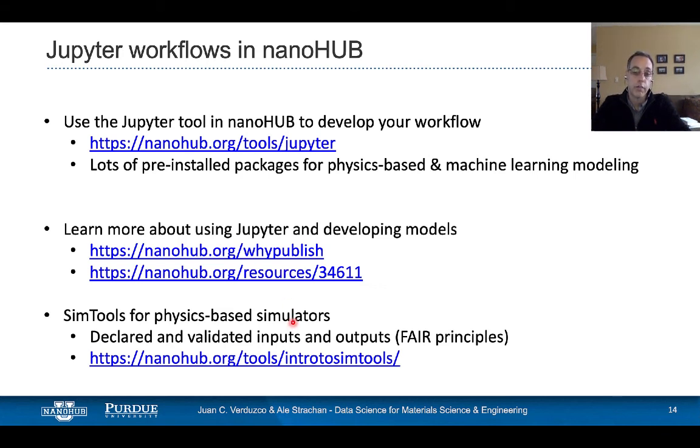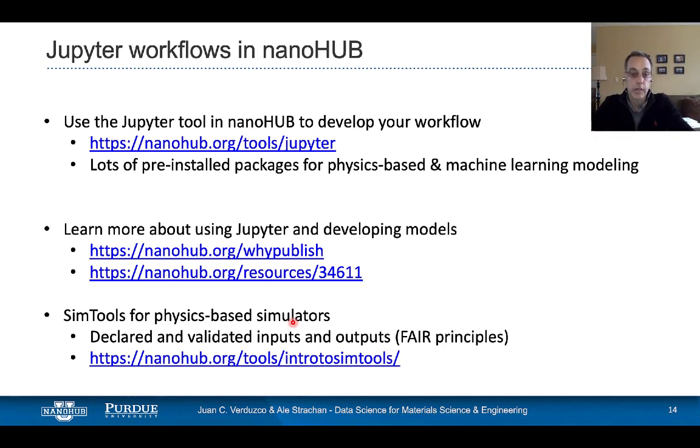Now, if you're a developer of physics-based simulators, maybe you have a tool that uses finite elements, or it's a device simulator, or uses molecular dynamics, we have a product called SimTools that allows you to wrap your tool with inputs and outputs that are declared, are accessible, and satisfy FAIR principles.